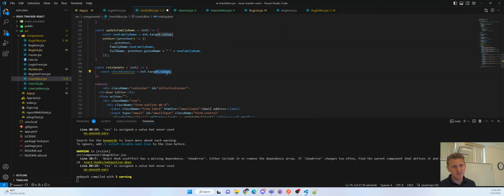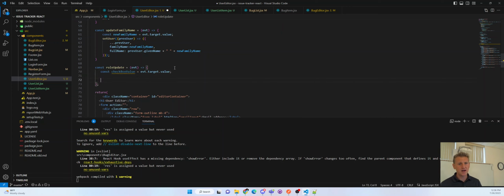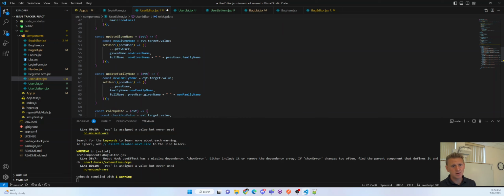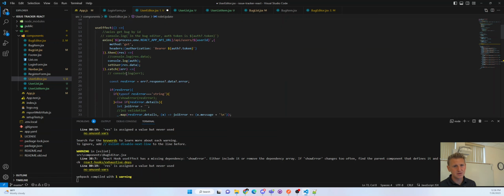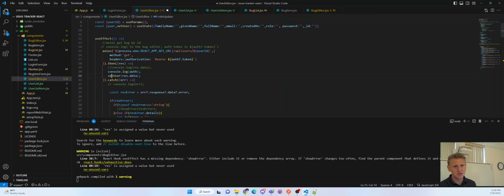So the value of the checkbox, so it'll say developer or what have you. And then we kind of have an if situation, if it's checked or unchecked, right? So we need to set the user